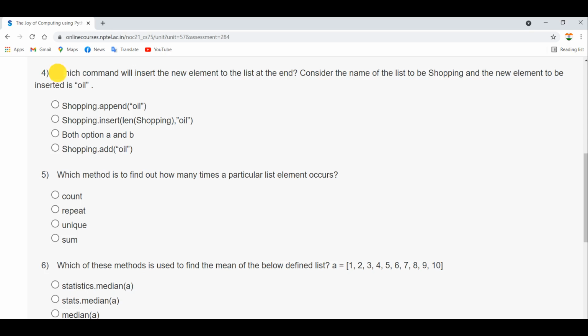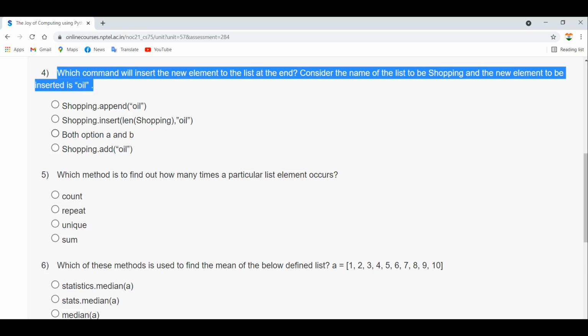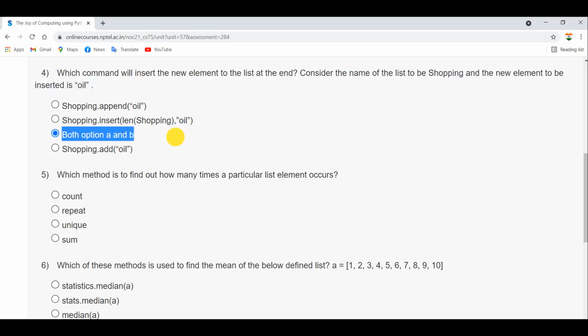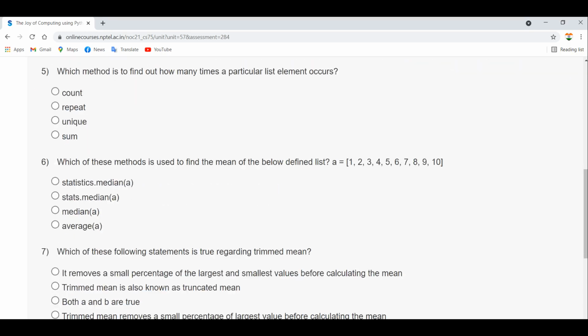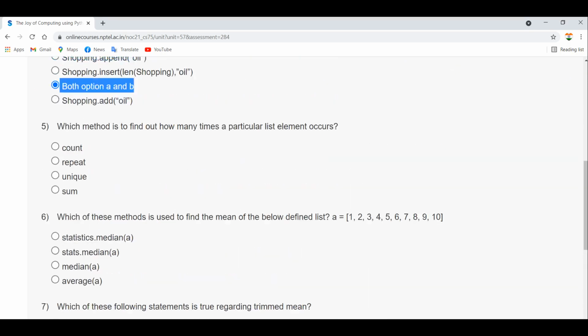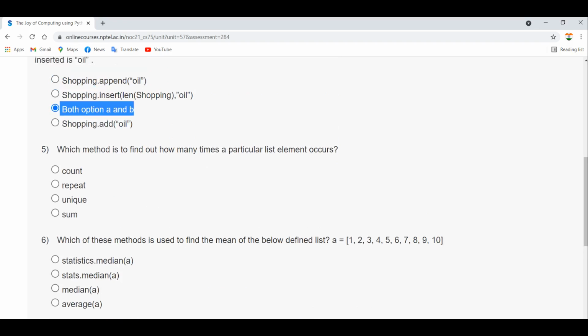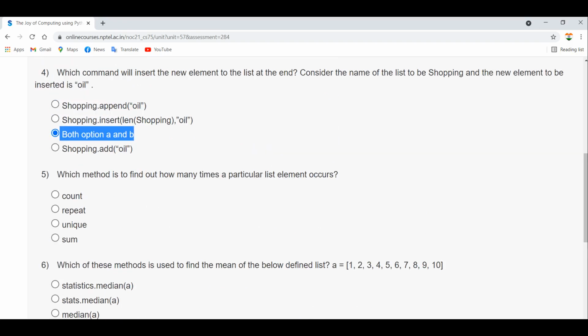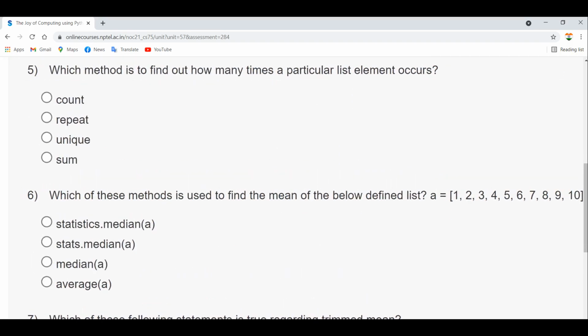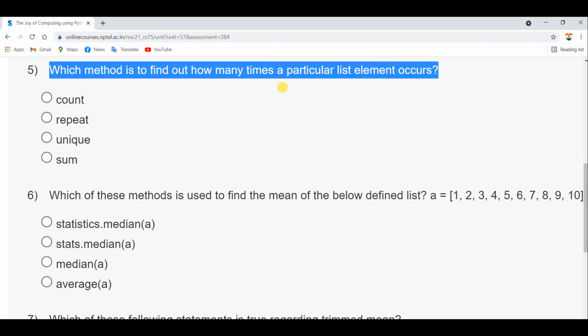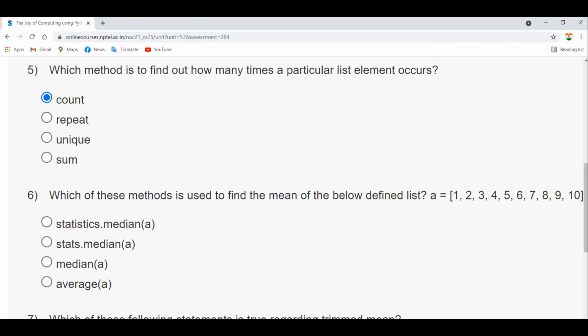Next. Question number 4. Question number 4 answer is option number C, both A and B. Next, question number 5. Note it down fast. Question number 5 answer is